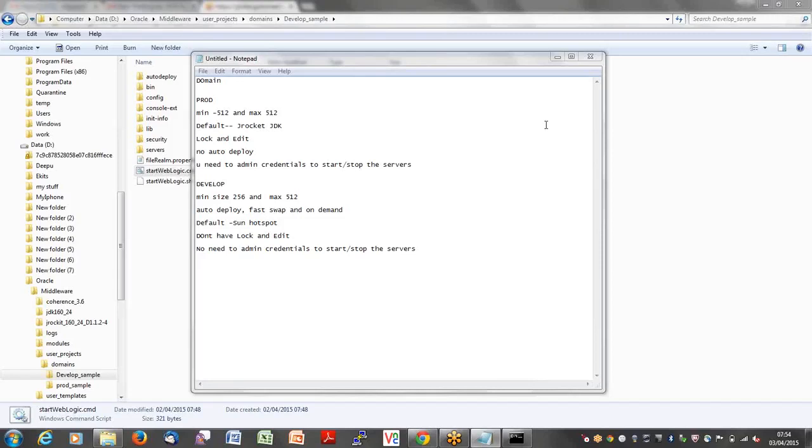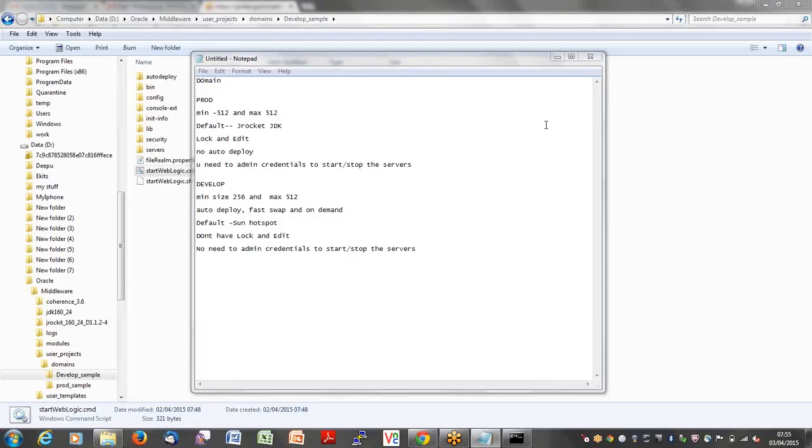It starts very fast. But in the production environment, we have given 512 MB as the minimum, so it will take some time to load the memory and then start. Suppose it takes 3 seconds to load 256 MB, meaning your development server will take 3 seconds to load the memory and get started. Compared to that, the production environment is 512, so it will take 6 seconds to load and start. So comparatively, it is very slow during startup. But in a production environment, you don't restart again and again, because one restart is equal to an outage. So you don't restart the servers. That's why it is better to give the maximum value and minimum value as the same.